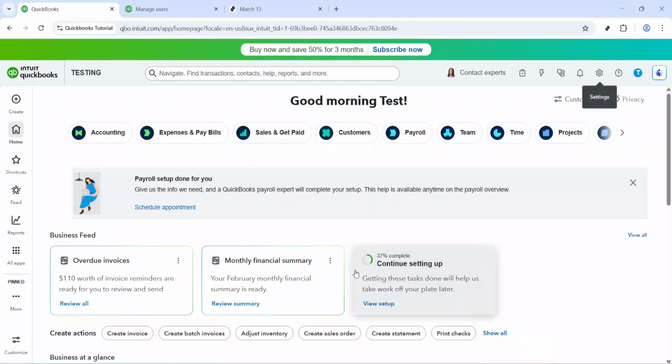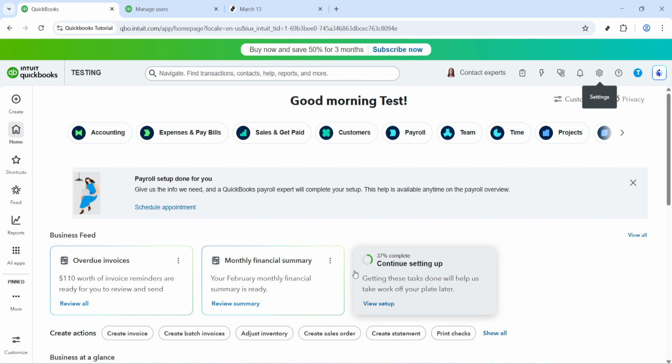In today's video, I'm going to teach you how to add accountants to your QuickBooks Online. Giving your accountant secure access to your books is the fastest way to streamline reconciliations, close your month, and get reliable advice without constant file exchanges. I'll walk you through the exact clicks in QuickBooks Online, and I'll add helpful context so you know what to